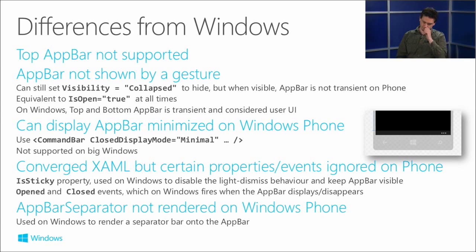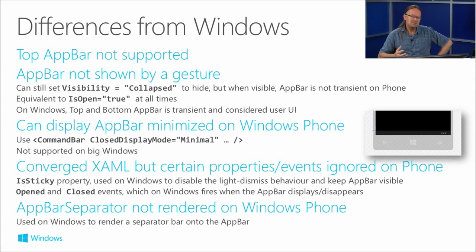And the other thing with big Windows with an app bar is that it's not normally visible. So in order to see it, you have to use a gesture. You have to do a little swipe from the top of the screen, and then your app bars are shown. That's obviously not true on phone either. The app bars, if you program them there, they're always there unless you programmatically set the visibility to collapsed. So they're always visible unless you programmatically hide them. So it's not transient at all on phone.